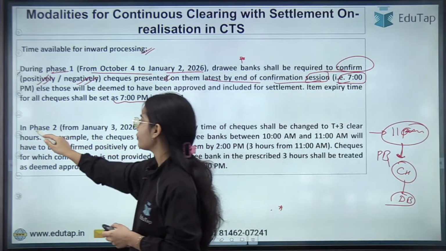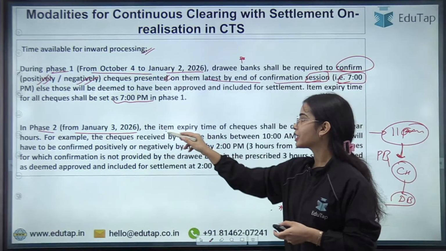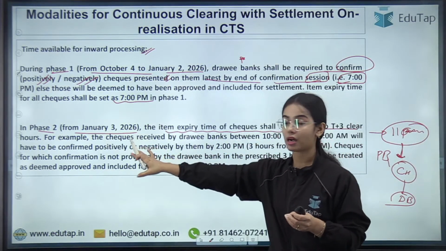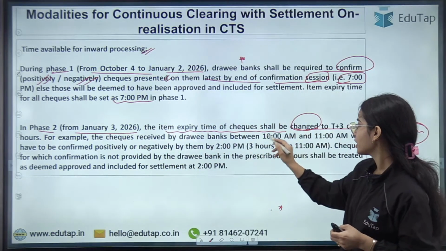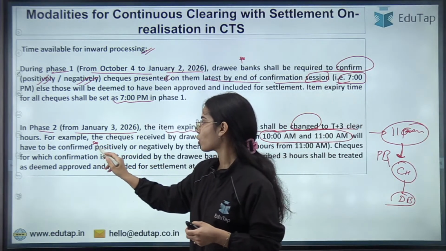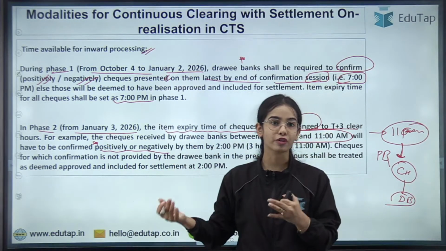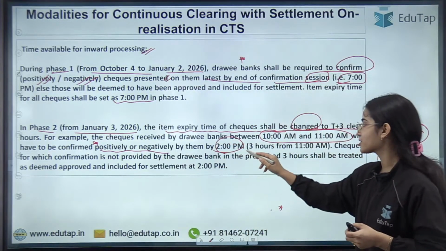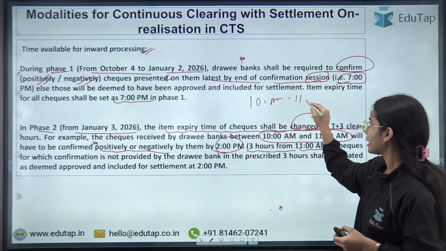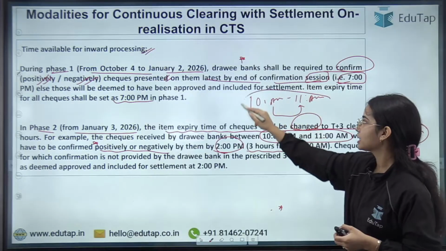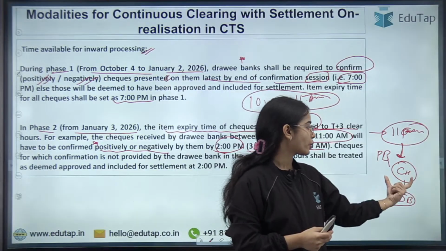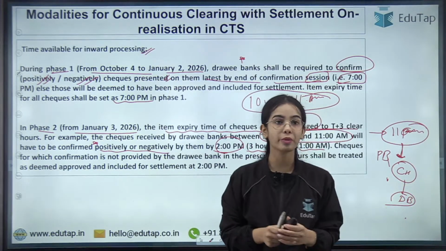Now in phase 2, from January 3, 2026, the item expiry time of checks shall be changed to T+3 clearing hours. That means if the check has been received between 10 a.m. to 11 a.m., this will have to be confirmed positively or negatively. Positive or negative confirmation has to be given by 2 p.m., that is within 3 hours from 11 a.m. So in this time period, 10 a.m. to 11 a.m., if you are depositing the check, and the check details are going to the clearing house and then to the drawee bank,